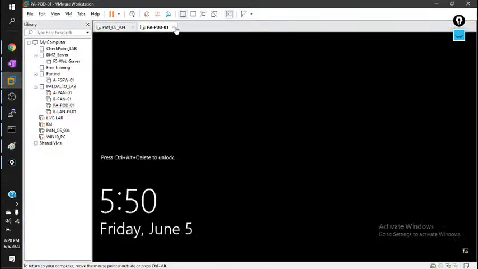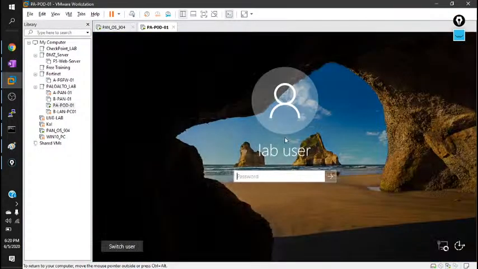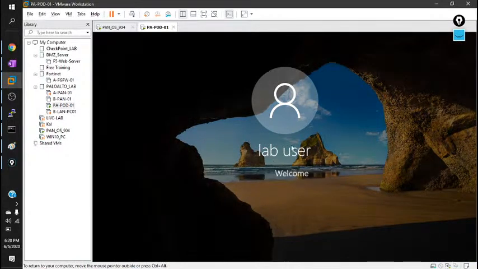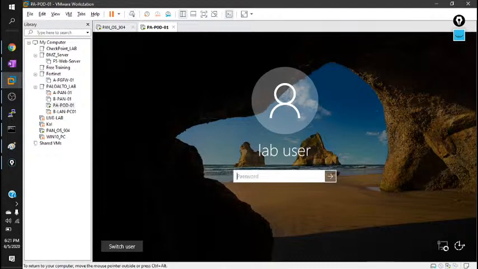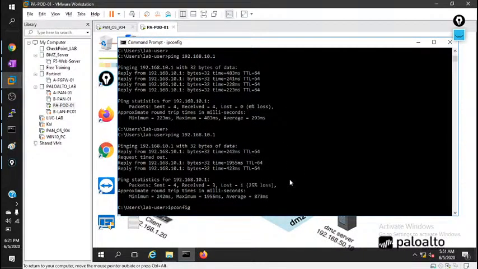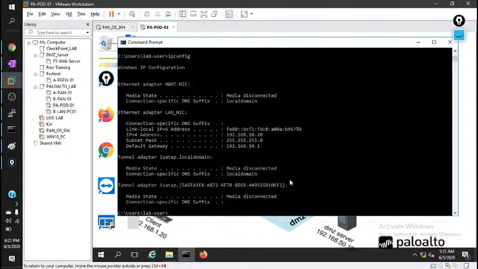Let me go back to my test PC. Let me check. Okay, ipconfig. 192.168.10.20.